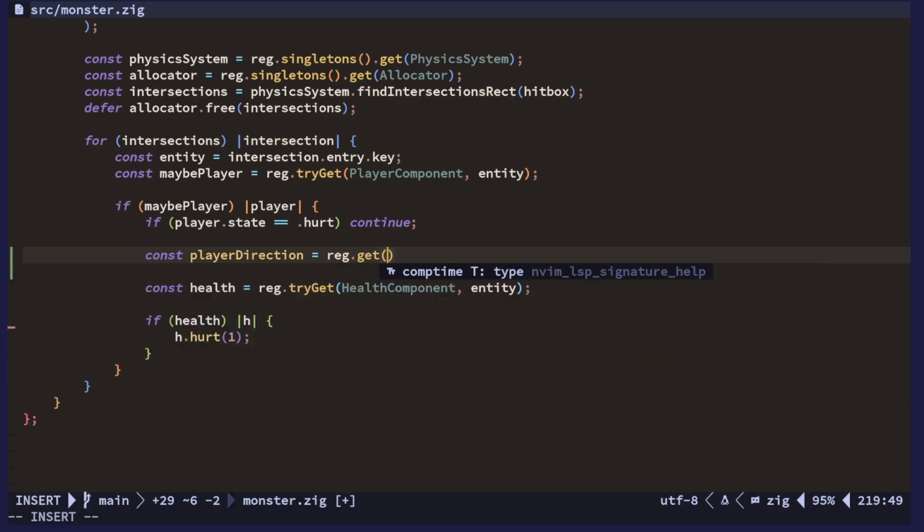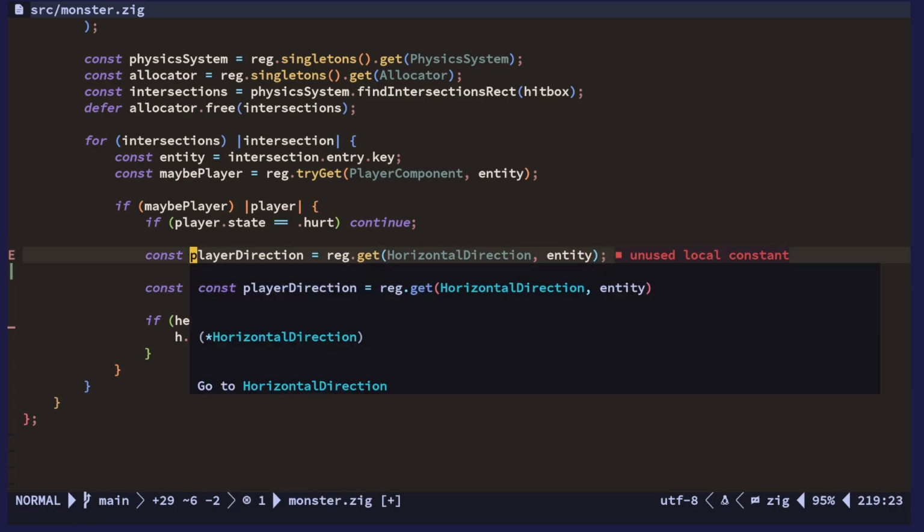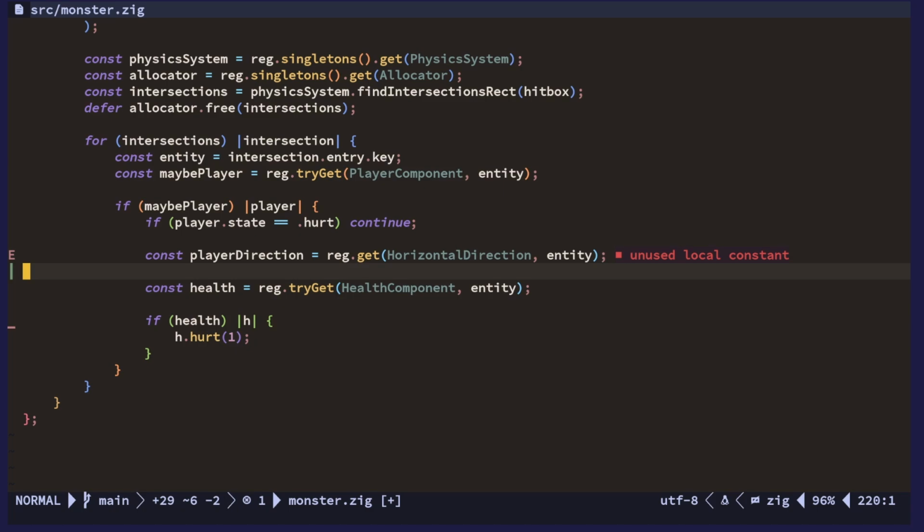So this would be get horizontal direction from the entity. Yeah. And that's the direction. So we need the direction because the direction needs to be opposite of the direction of the monster. So we have the direction, and then we want to check